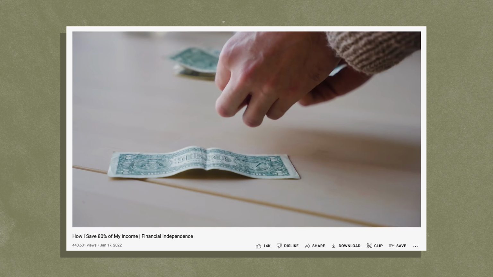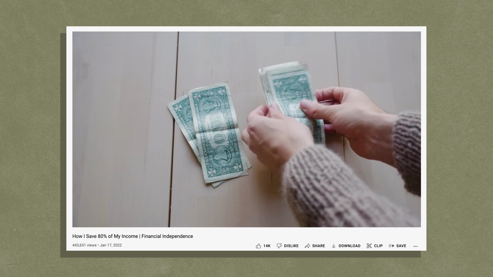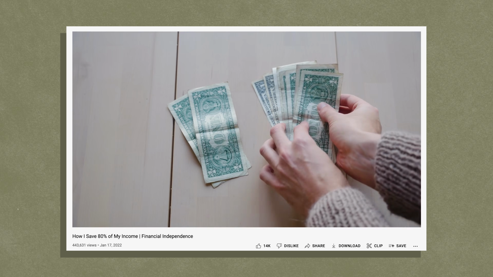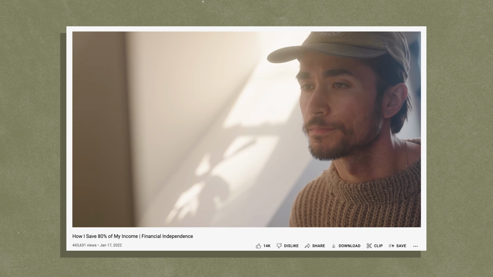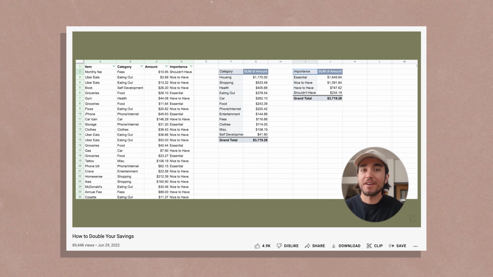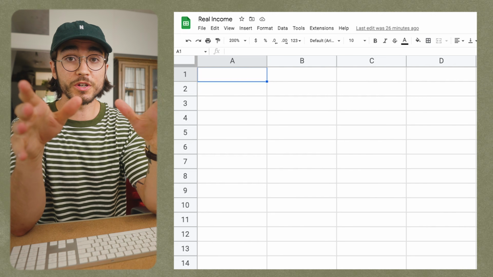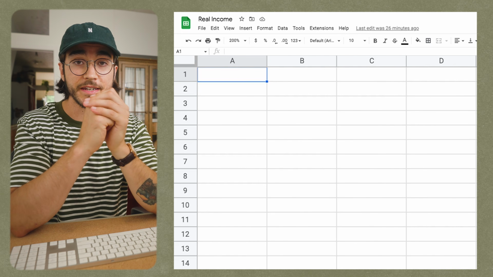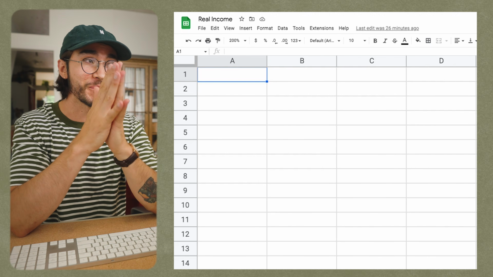Our money. As many of you know, I save anywhere from 50 to 80% of my income every single month, and I've been doing that for the past several years. 2 weeks ago, I put together a little tutorial to help you guys try and double your savings rate, and you seem to really like it, so I thought I would kind of continue on with that theme. So we're going to be doing some cool stuff in Google Sheets again today that should be very eye-opening about